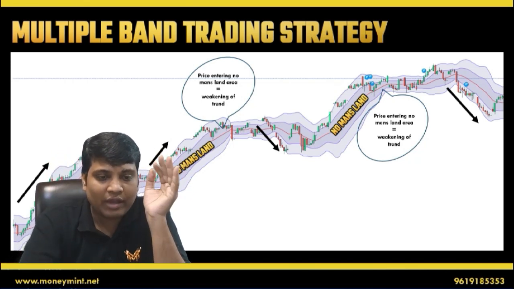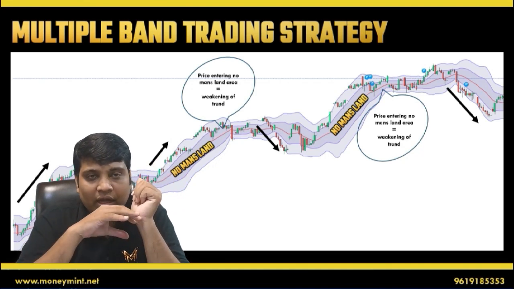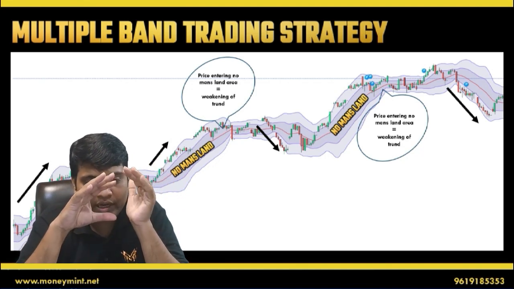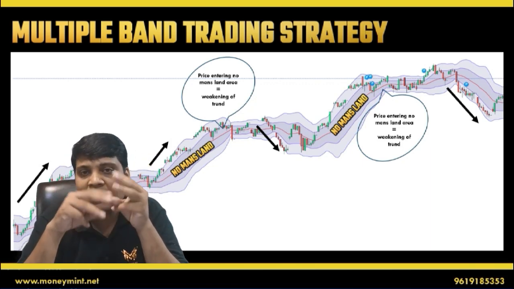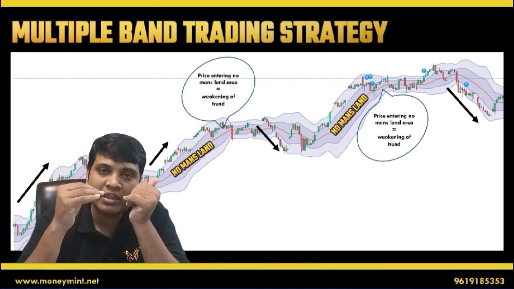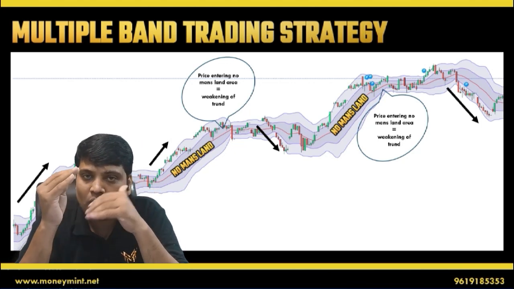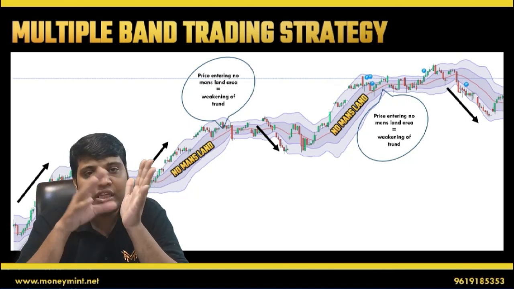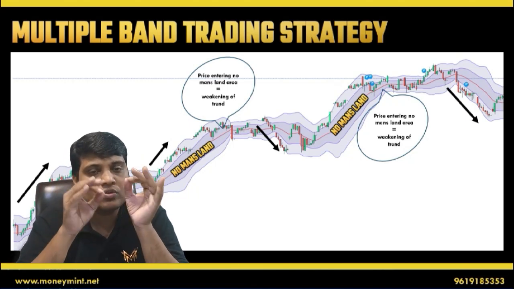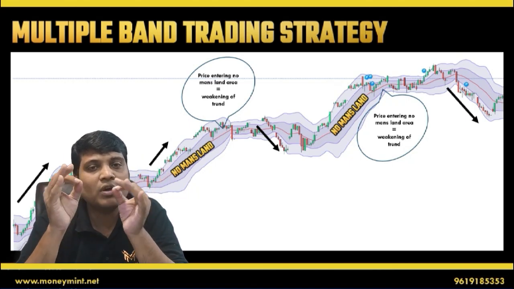So just now I will take the area. Now you see the market has been moving upward. Now it has entered the no man's land area. Once it enters the no man's land area, two conditions arise. Either after entering the no man's land area, it will try to move upward and then downward, or it can directly move downwards. But that much is for sure, you can exit from your position